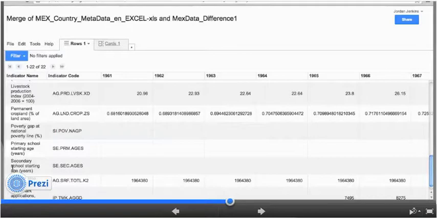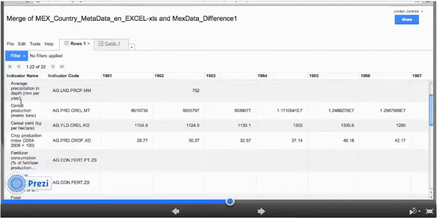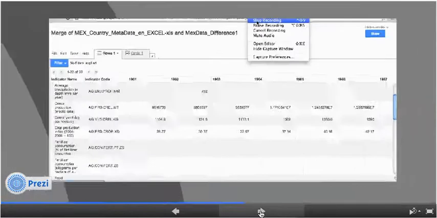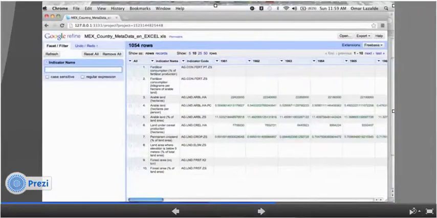And next, I'm going to examine another specific topic that is represented in this data, and that is agriculture. And you can see fertilization, crops, etc. And we're going to take a look at that. I have used facets and filters and split my data to make it more available to you. Here I use facets and filters to split the data we were just looking at to focus on agriculture.